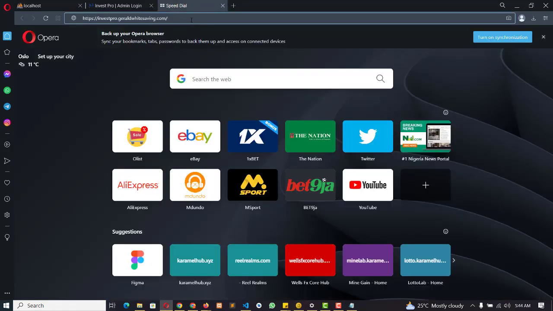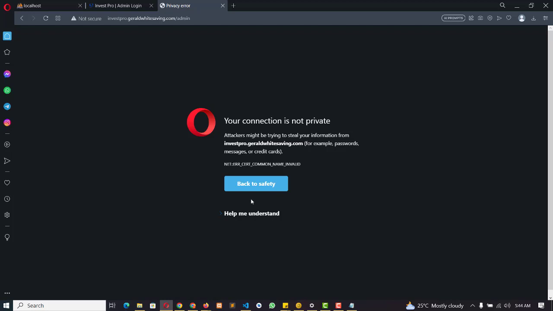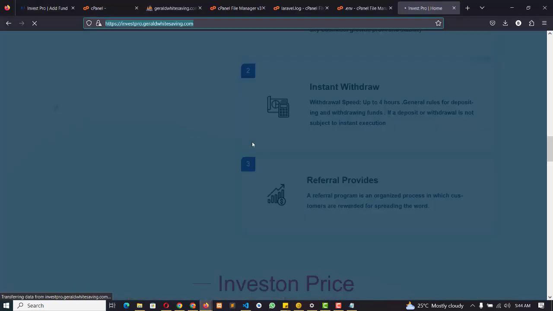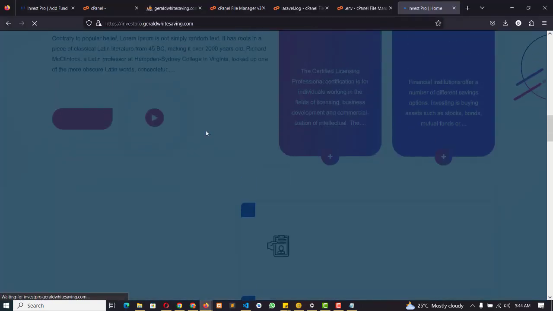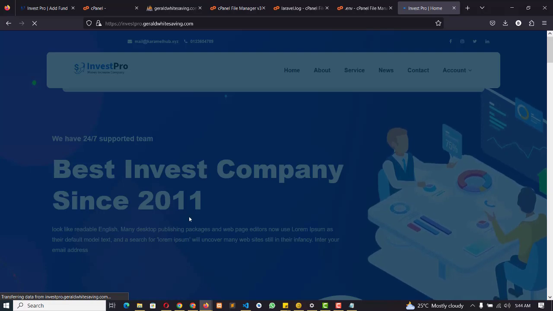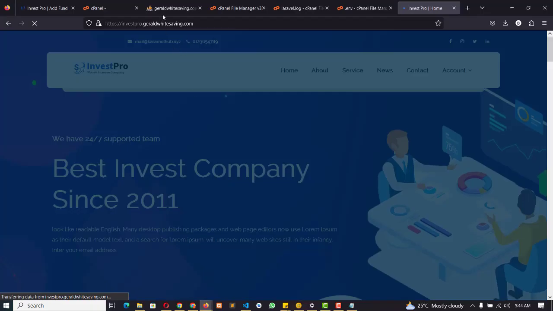So to access the admin dashboard, it will be your domain name or your subdomain name /admin. So this is still loading. So you can see now, to get the admin details, the admin login email and admin password, you come to